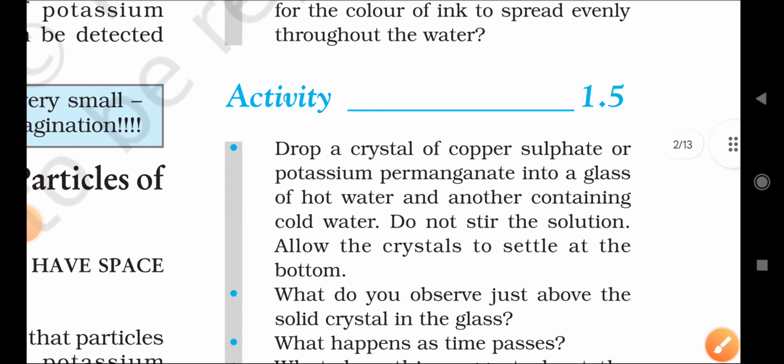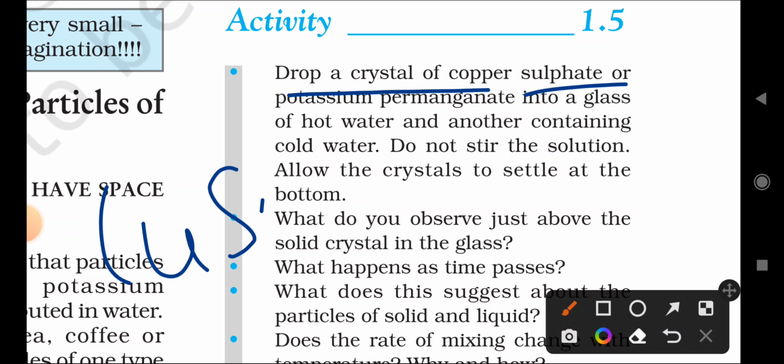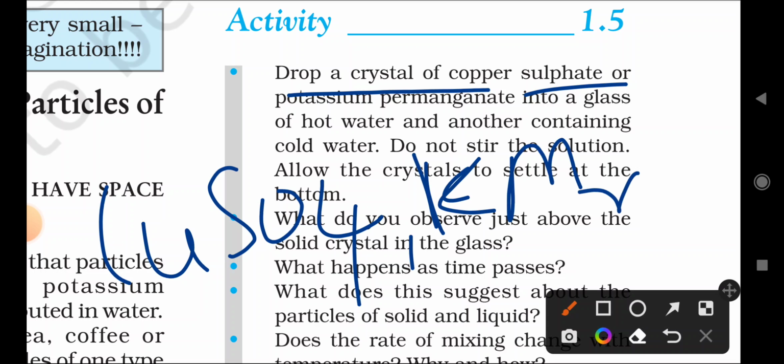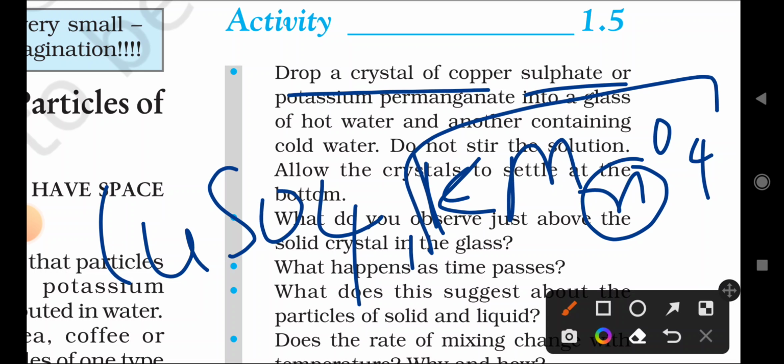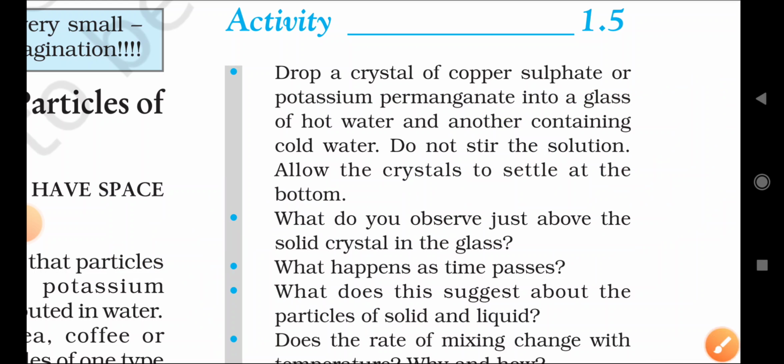Next activity, also a simple activity. Drop a crystal of copper sulfate. Copper sulfate means CuSO4, right? This is the copper sulfate, and potassium permanganate. Already you know that. What is the formula? Correct, that is KMnO4. Always write the small n and the 4 on the lower side, not beside. That is potassium permanganate, KMnO4. One is copper sulfate, second is